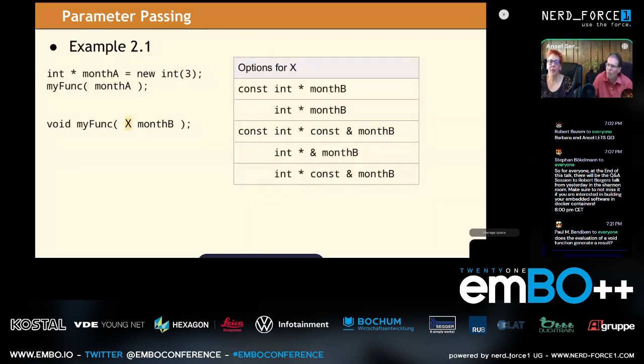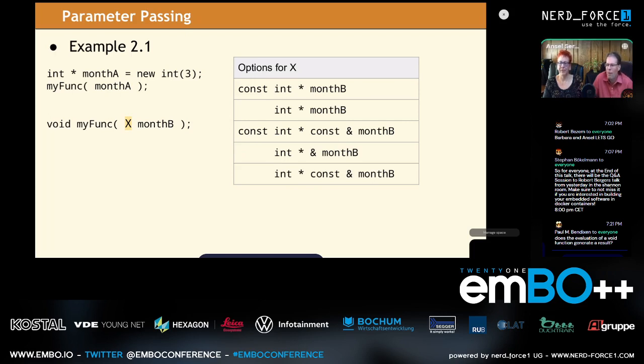So taking that same information, now we're going to go back and do the same thing. Let's look at if we just pass the value of month A, which is a pointer. So again, the first two in this table, we are receiving a pointer by value. Those haven't changed from the last time we were dealing with a pointer data type. However, month A is a variable. It has a name. So now we're receiving an L value that is a pointer.